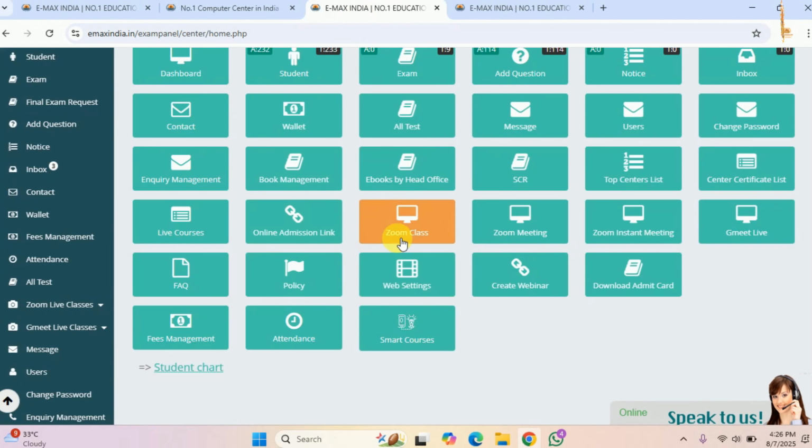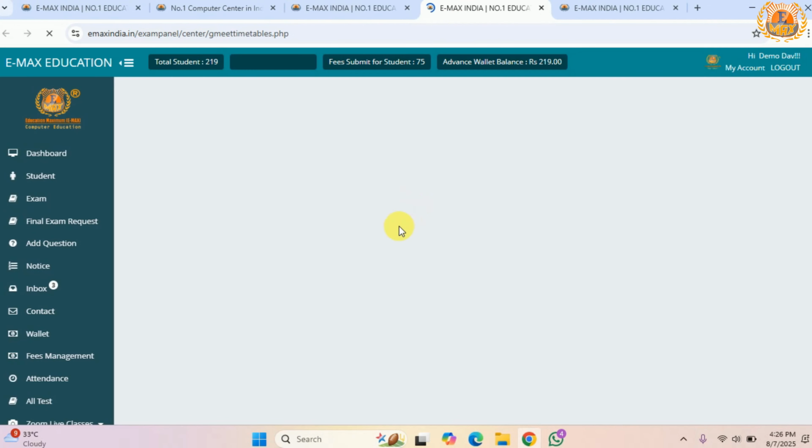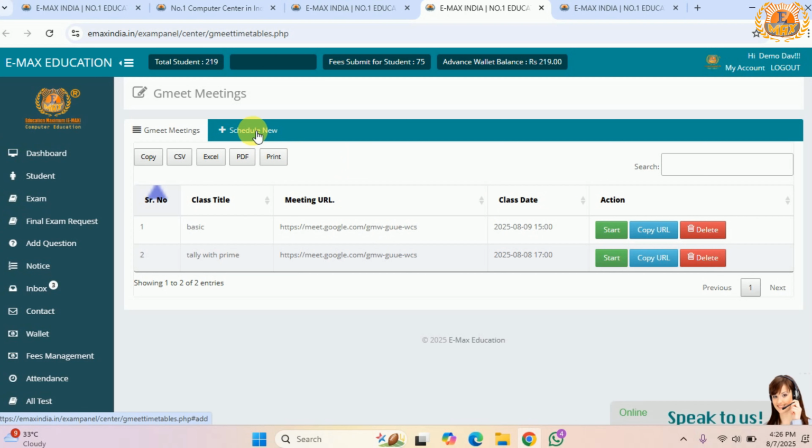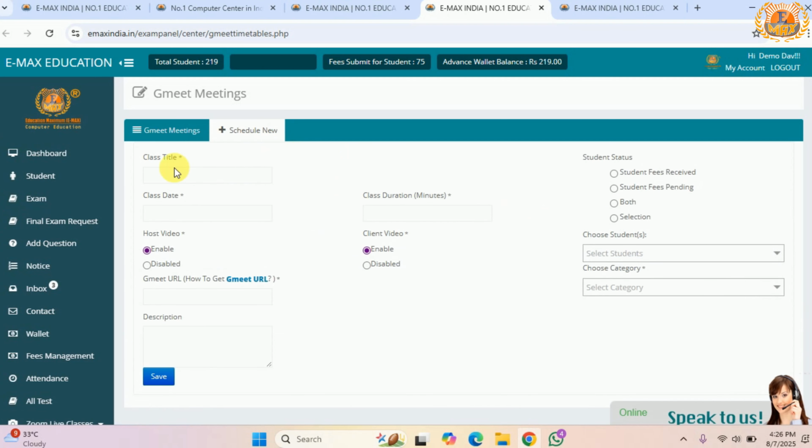In the dashboard, as you can see, there is an option of GMeet Live. When you click on this option, you will get a page where your class schedules are available with details. And if you want a new class schedule, you have to click on Schedule New. When you click on the Schedule New option, you will get a page where you have to fill in the details of